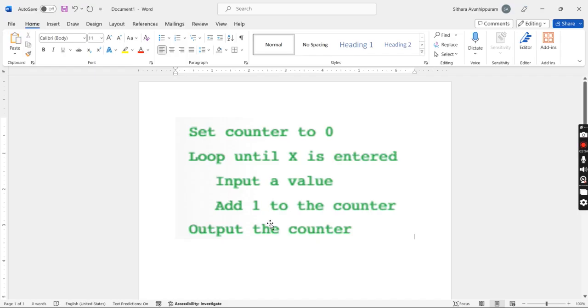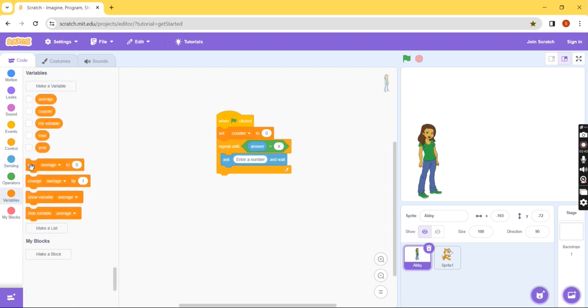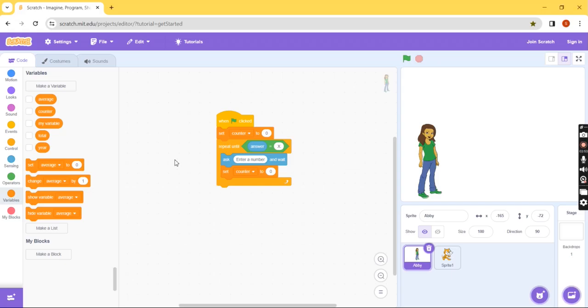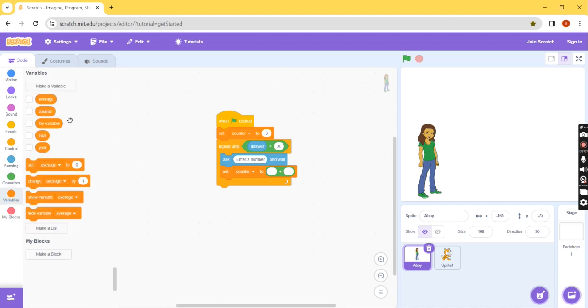What is the next one? Add 1 to the counter. So again it is inside the loop, right? It's the body of the loop. Add 1 to the counter means we are making changes to the counter. So set your counter value to what? Add 1 to the counter, so counter plus 1. Again there is an addition operation. Go to operators, drag the addition operation. Counter is equal to what? Counter